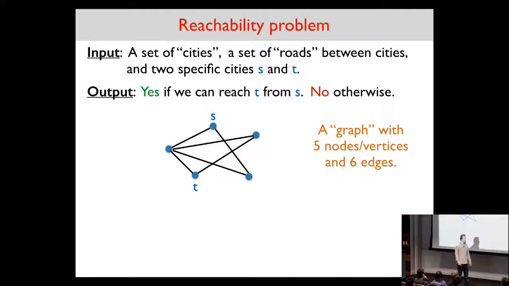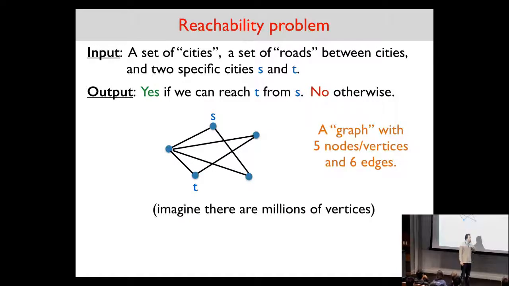You can only keep track of, you can only remember a constant number of vertices in this graph, because one vertex is log n bits of information. You can only remember a constant number of these vertices at a time. So how are you going to make sure that you will be able to reach T if you can, or you won't reach T if you can't? So this seems like it's impossible to do in log n space, but